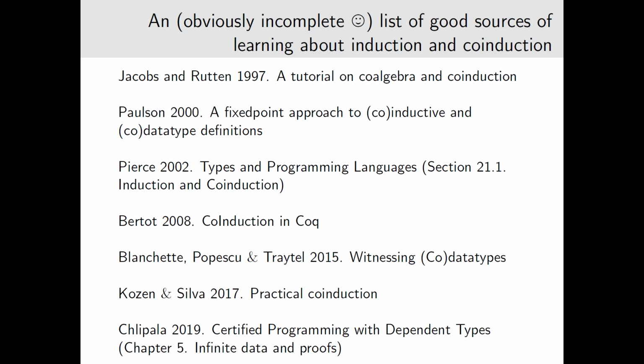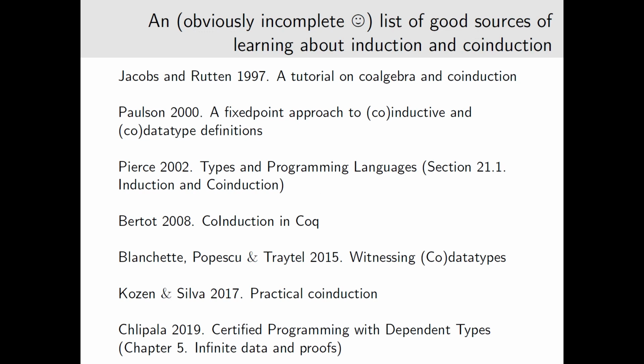Benjamin Pierce's classic book also has a section where it explains these things very well. I think it introduces this terminology about consistency. There are also discussions in the context of dependent type theory. So Chlipala's chapter on coinduction, which is formalized in Coq, actually has some revealing explanations, and so does Bertot's